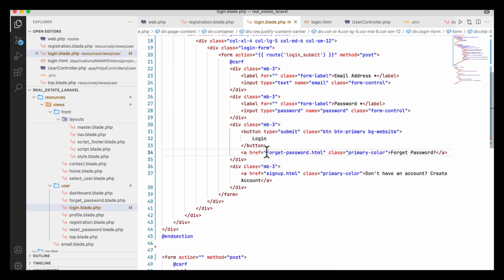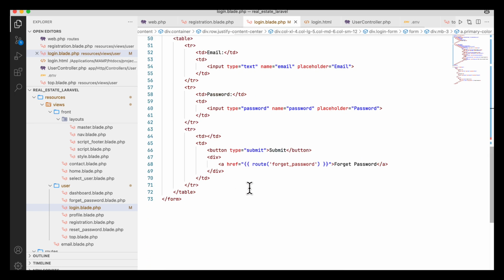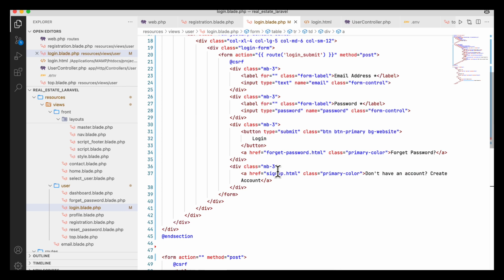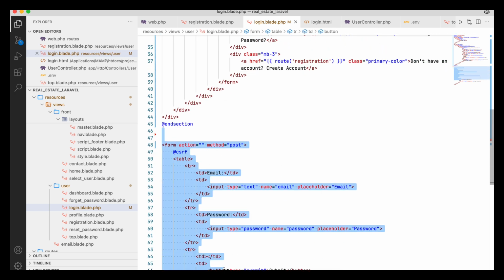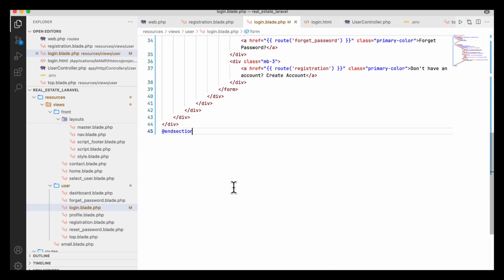This is the login, and this is the forget password. So forget password means here this is the link, so copy this. So I put here the forget password route like this, and if you do not have any account, then go back to the customer registration. So what will be here, that is the registration. So this is the registration, it is okay, and all other things I can easily remove now. So okay,